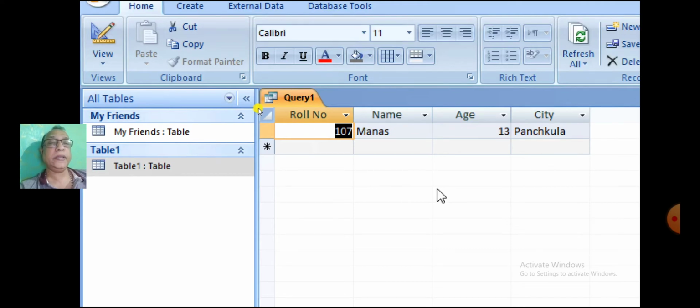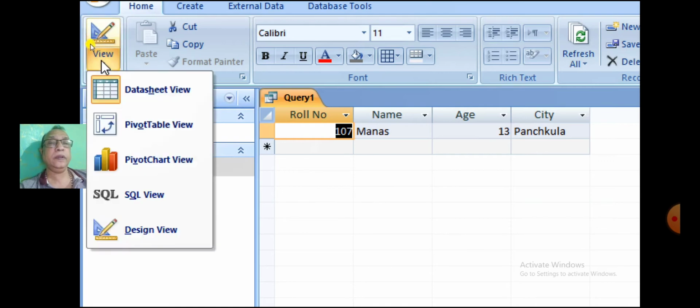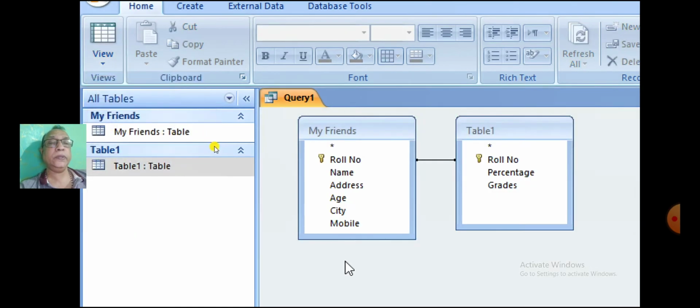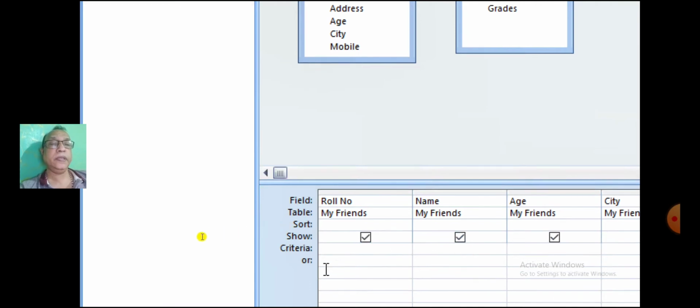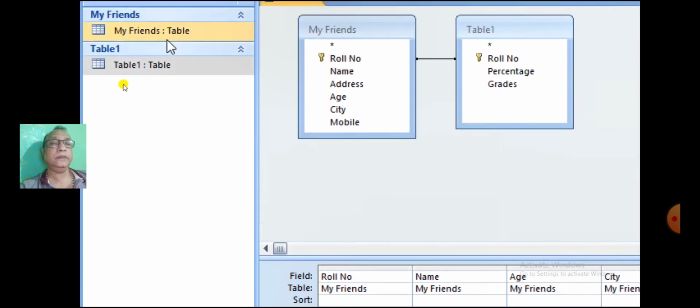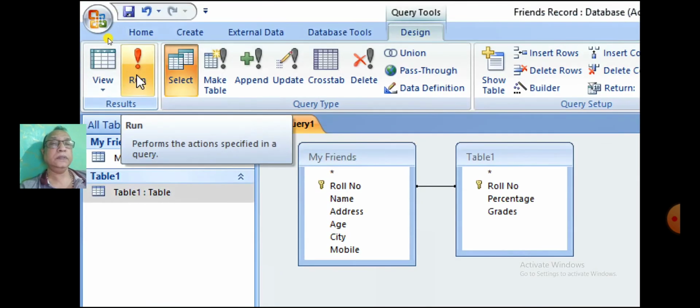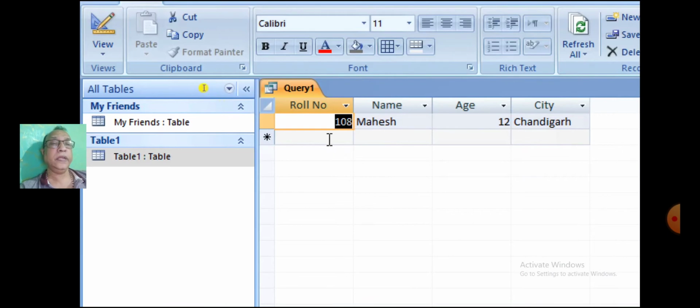Go to the query design window once again. To execute the next query, next query is display the record whose roll number is 108. Click on Run. The table is displaying whose roll number is 108.